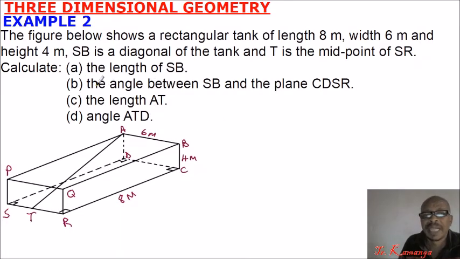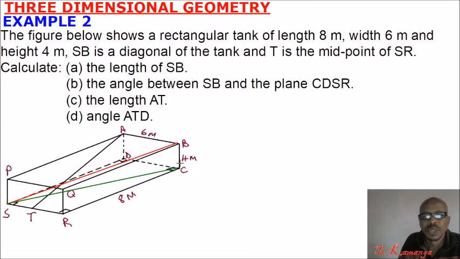Calculate part A, the length of SB. So which is the SB here? We can draw a line here, SB. That is the line SB. It is the diagonal across from the bottom to the other side of the tank. Now, to be able to get SB, we need this line here. We need the line